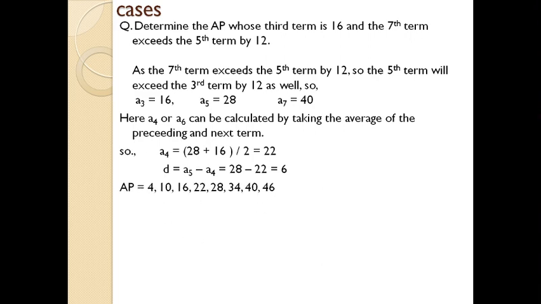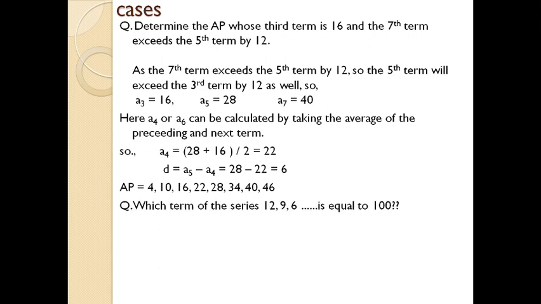Now finally you have got the arithmetic series, because in the question it was asked to find the arithmetic progression, meaning the number series. The arithmetic progression series is 4, 10, 16, 22, 28, 34, 40, 46. How do we find the values 4, 10, 16? In the question it was said that the third number is 16, and we found that the common difference is 6. Then the second number will be 16 minus 6, which is 10, and the first number will be 10 minus 6, which is 4. Likewise, it's an increasing trend, so just add 6 to each number and you will get the arithmetic progression series.